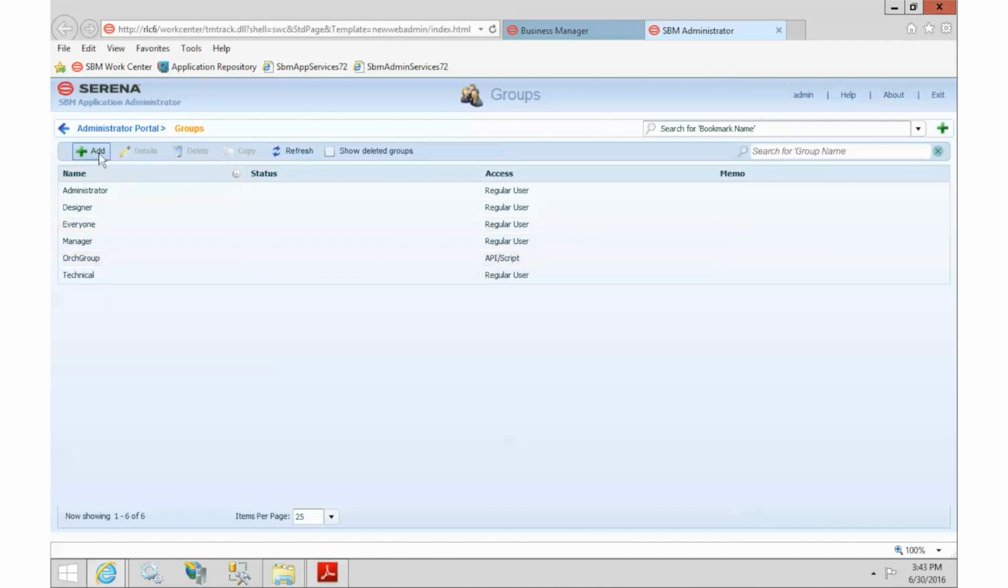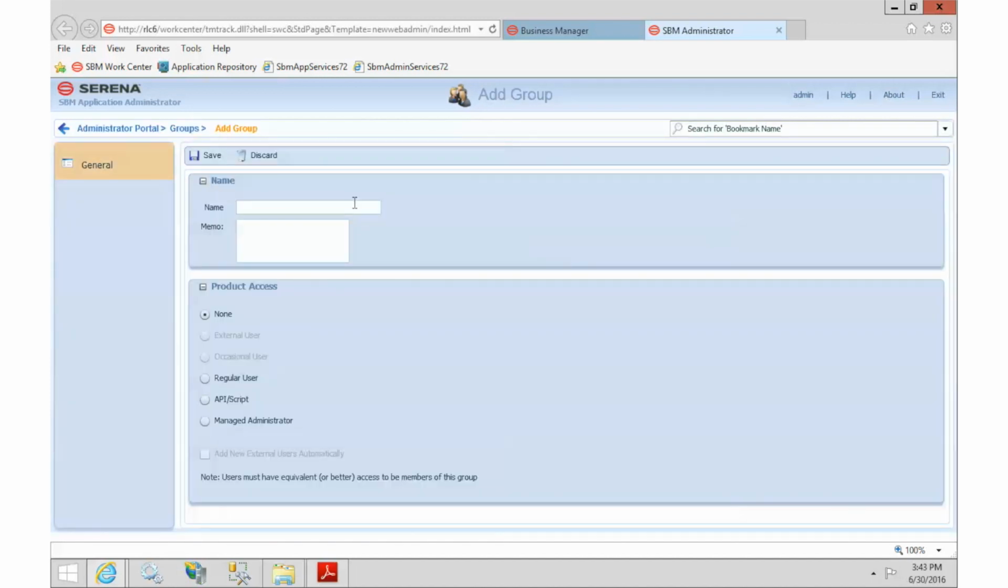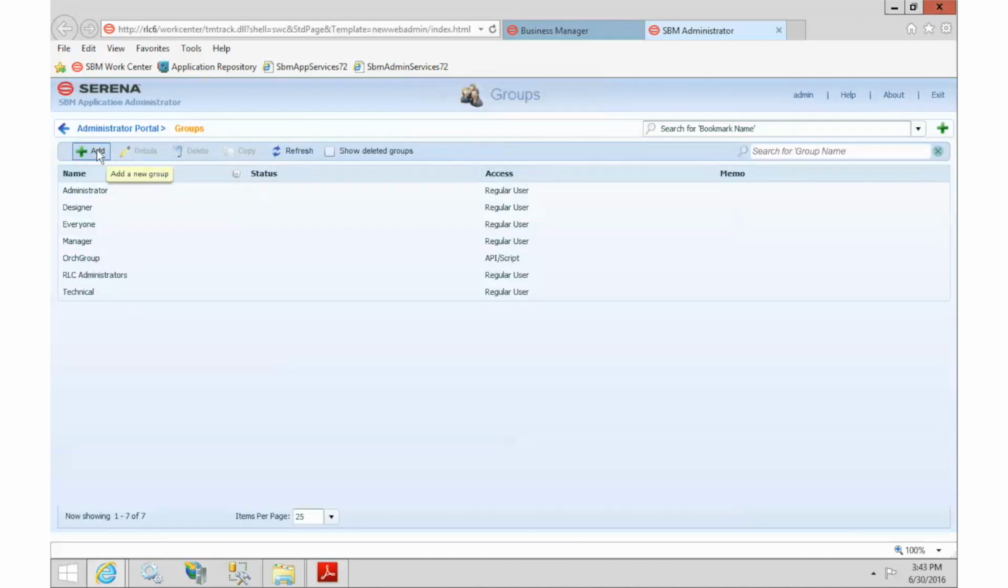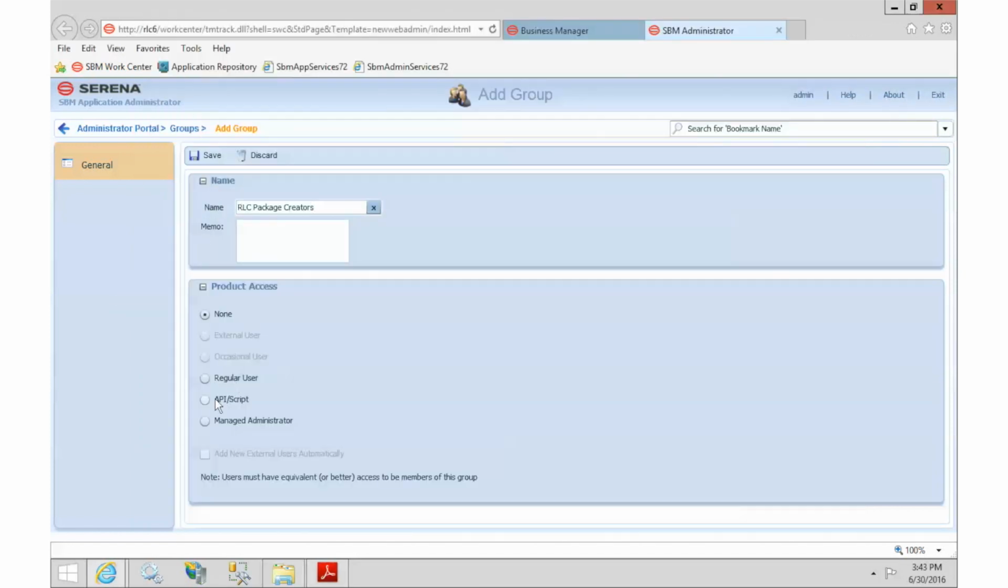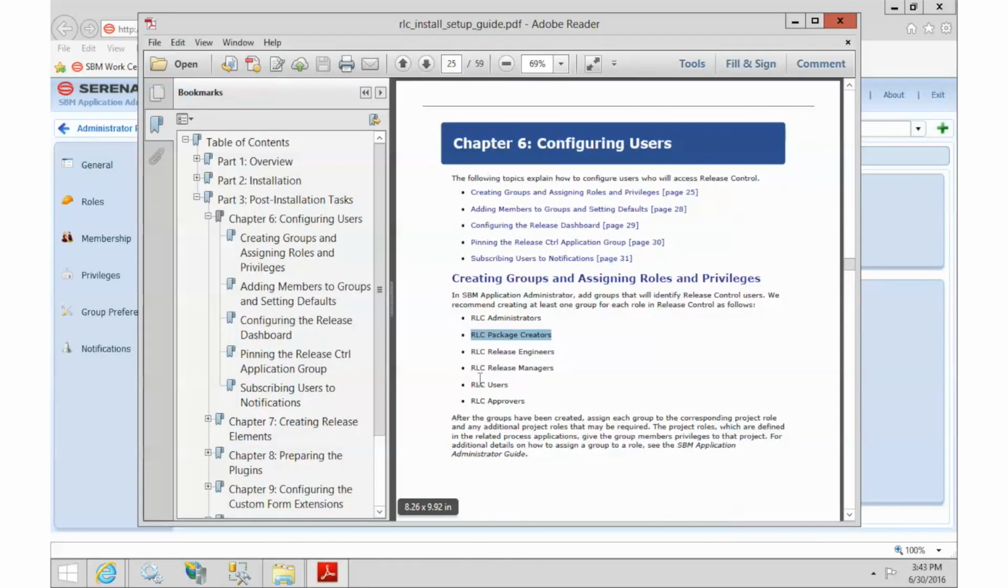So I already have some groups, but I'm just going to follow along with the best practices and create the new groups. So we have that one, make him regular. And I find that it's easier just to go in and create them all first and then come back and start configuring them. So we'll do that. Package creator, regular, and release engineers,